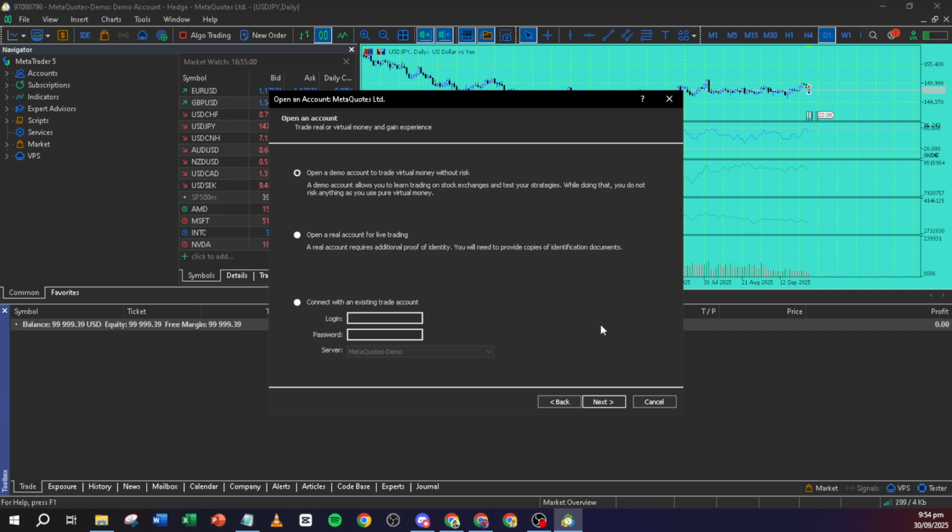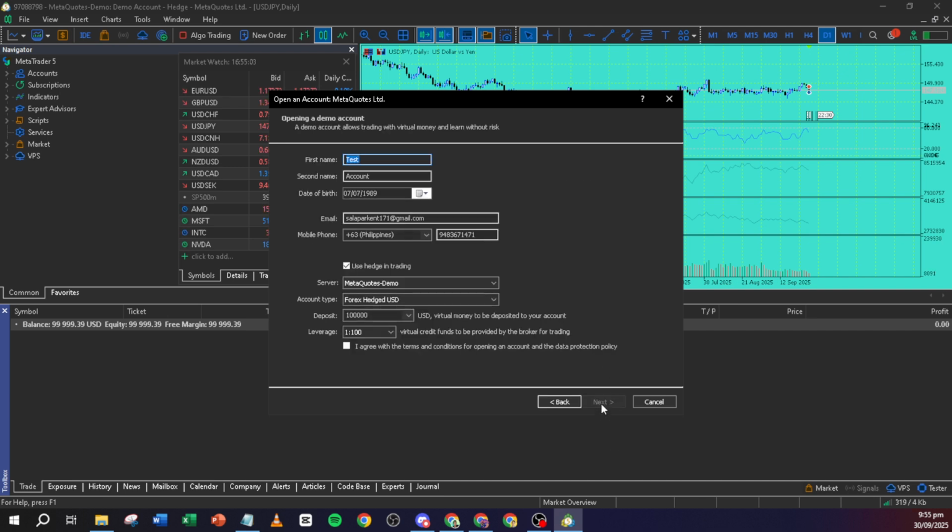Now, it's time to enter your personal details. This usually includes your name, address, phone number, and email. Be sure to provide accurate information, as some brokers may send you login information or promotional offers. While this is all standard, make sure your details are secure and only shared through the platform.